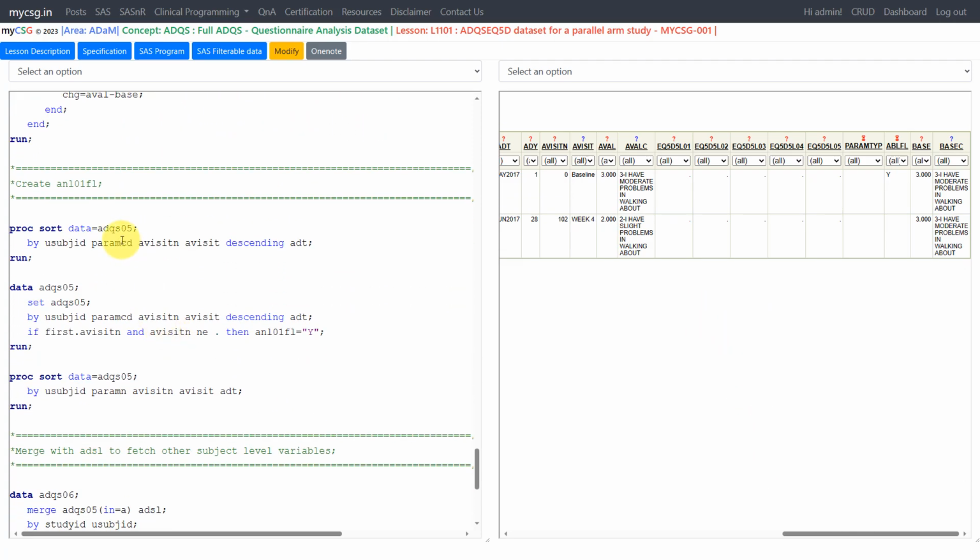So next we will move on to the derivation of ANL01FL. So here what are we doing? We are sorting our data based on